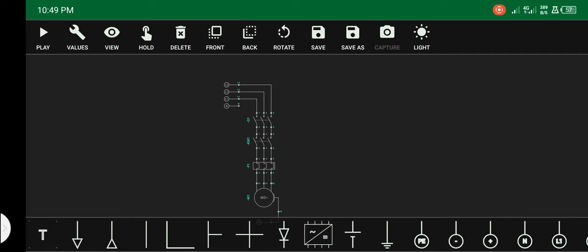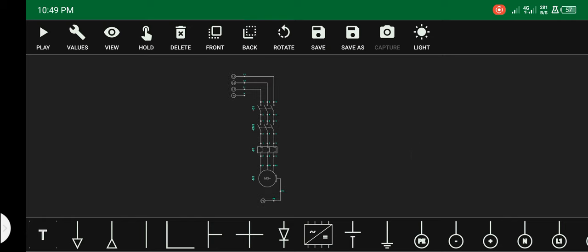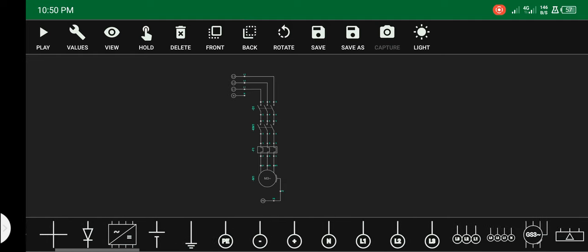Now we need a control circuit in order to control the motor. So we need a control circuit. In order for us to control the motor, we need to protect the current that will enter into the motor. But now we have already a